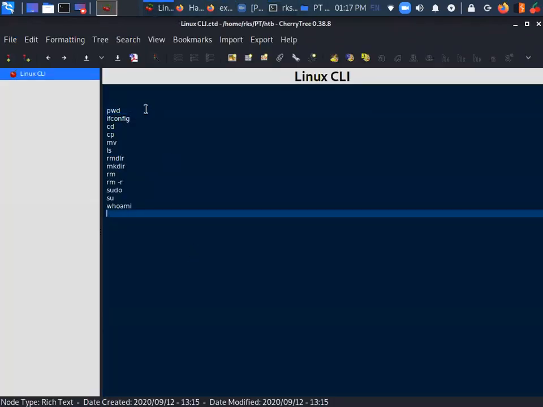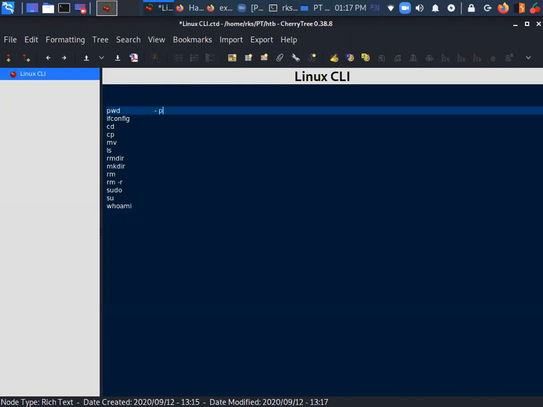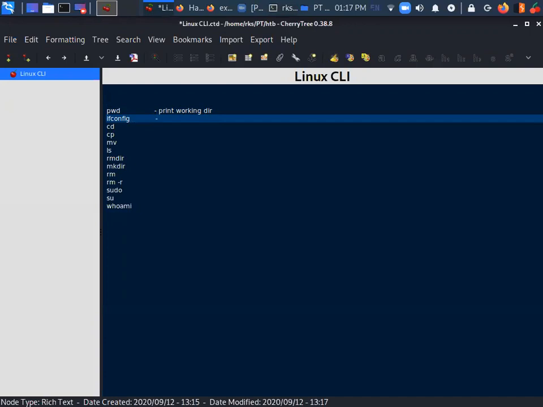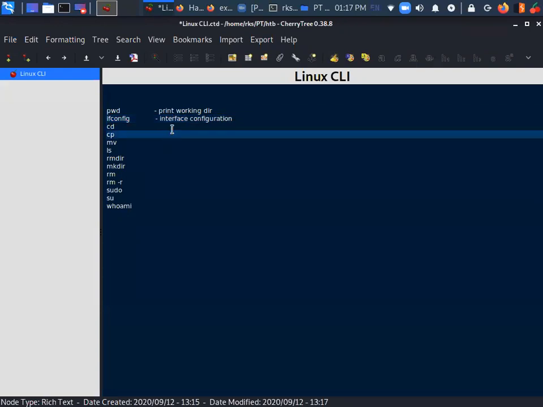Coming back here, this is print working directory. This is for interface configuration, for checking your interface configuration.